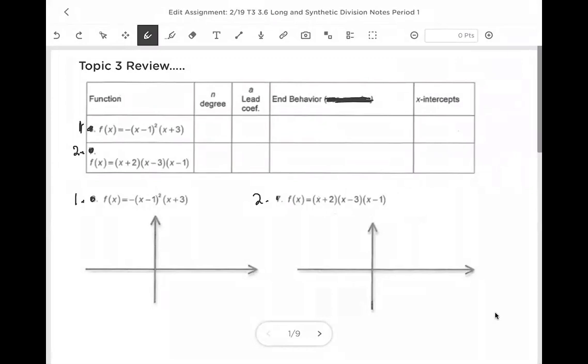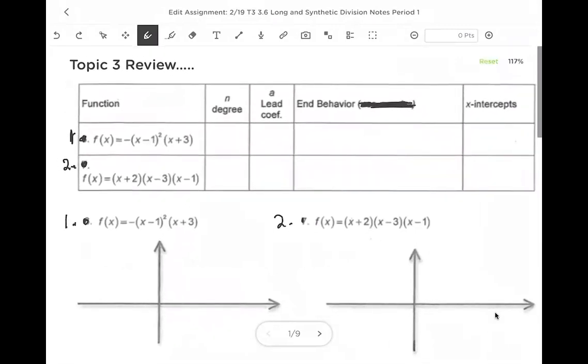And I thought I'd just start with a quick review of stuff we've talked about and stuff we're going to work towards. As I said, all of these topics come together. So on the first slide, I'm giving you two functions, and those functions are in what we called factored form. In factored form, you can easily determine the zeros of the polynomial because all you have to